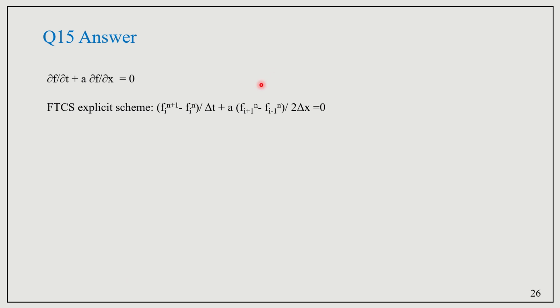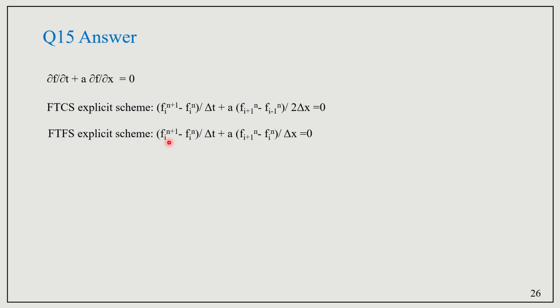Just for the information sake I put it here. So FTCS explicit: forward in time, n plus 1 and nth time step, and central in space, so it is I plus 1th grid spacing and I minus 1th grid spacing divided by 2 delta x. And FTFS, so forward in time, forward